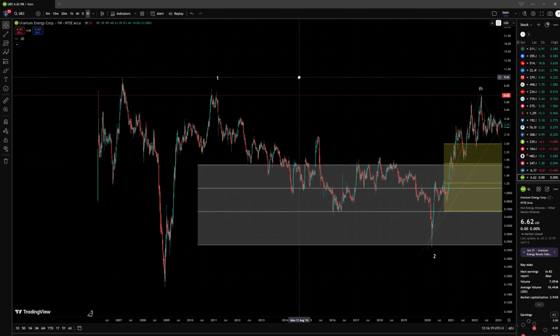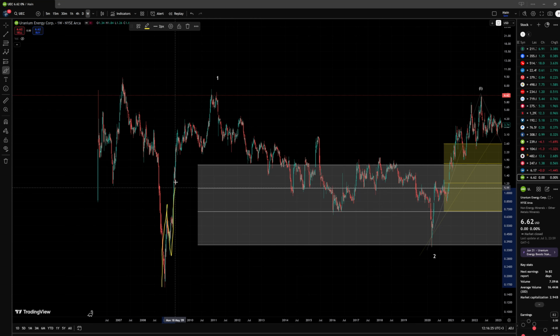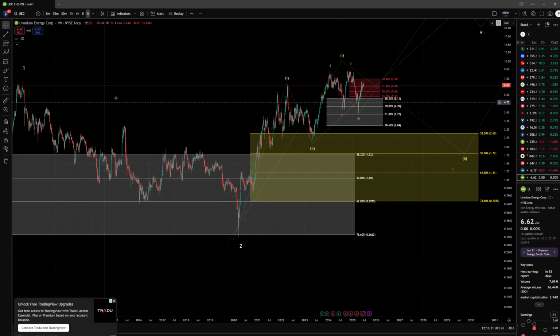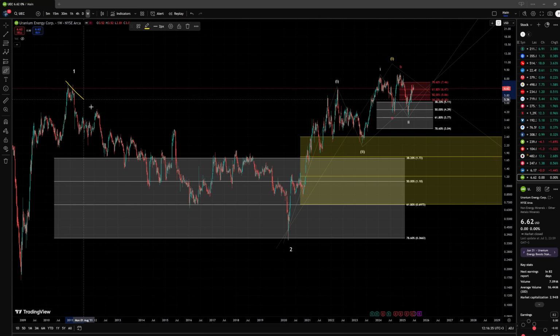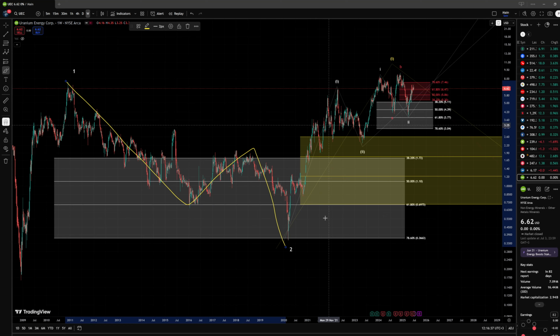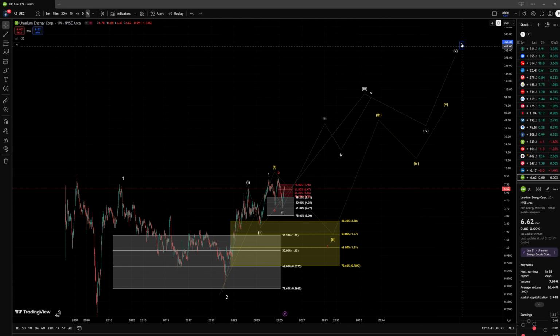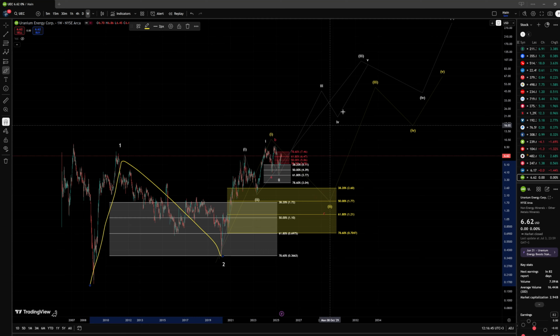So from the get-go, in 2008, or nearly the get-go, we did start a 5-wave move up. 1, 2, 3, 4, 5. Very nice 5-wave move up. Very clear structure. And then we went to the downside in a 3-wave move, A, B, C, to complete the wave 2. And then we started a new uptrend, or rather resumed the existing uptrend of the 1-2 setup in